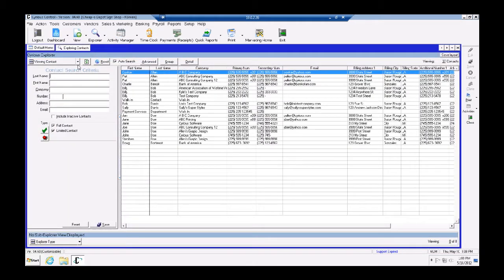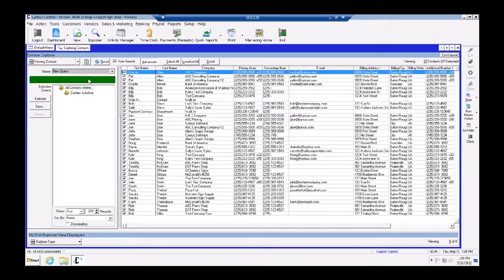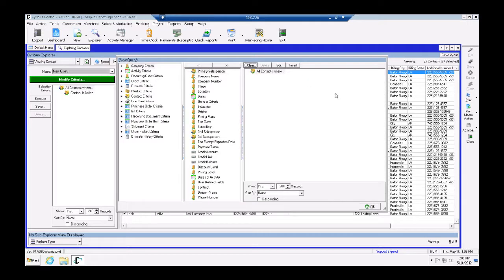More contacts. All right, advanced modify criteria. We'll go ahead and clear. All right, so say you want to pull a list of all contacts from active companies that have an email address. This is great for sending out mass email, if you're doing maybe a promotion or need new information that you need to get out to your clients or anything like that. So what we can do is come into the Contact Explorer, come into the advanced screen, and